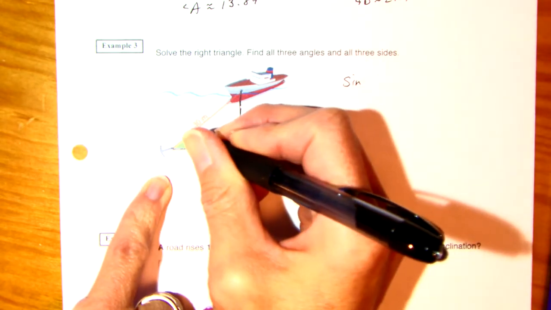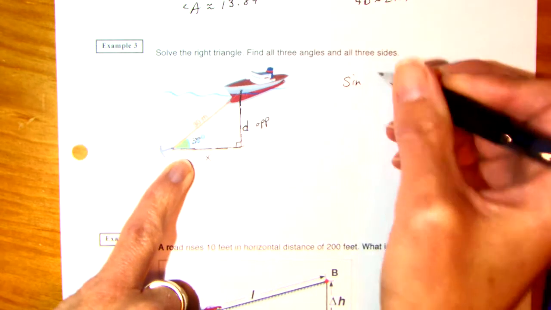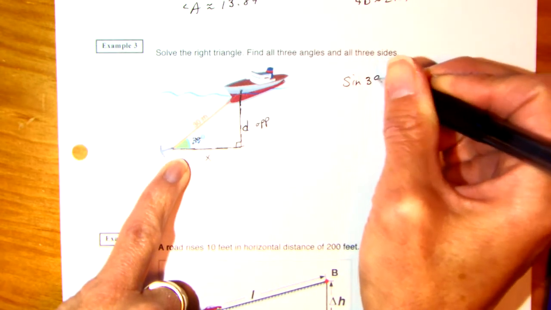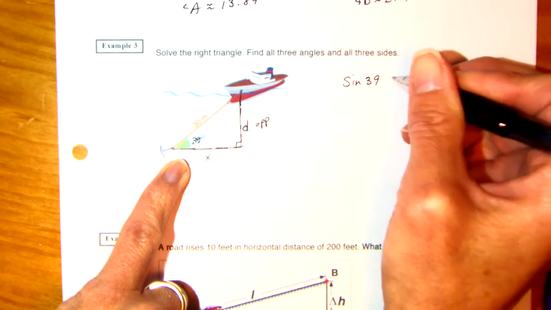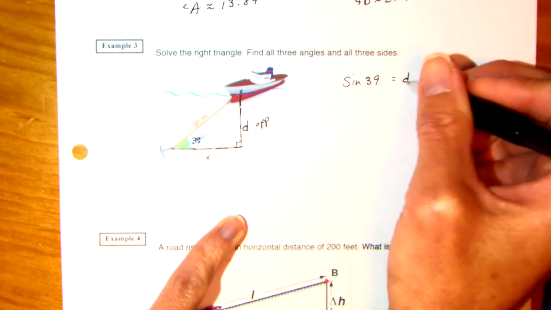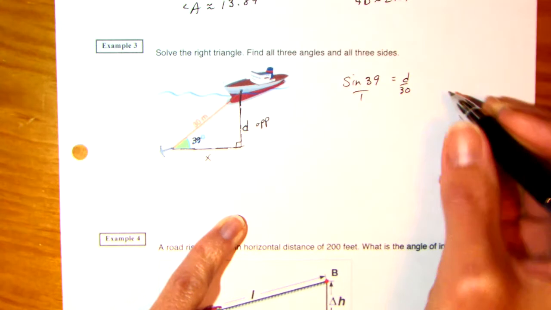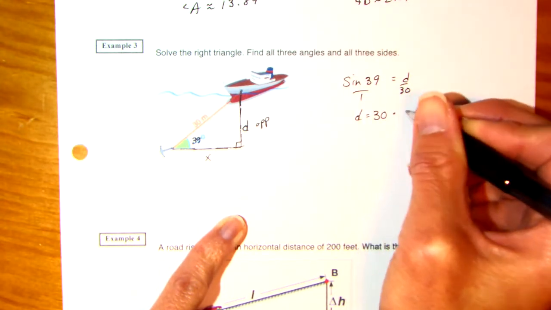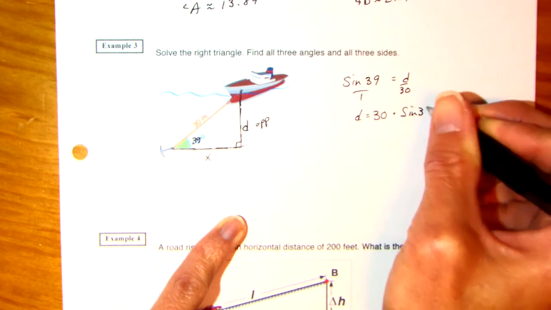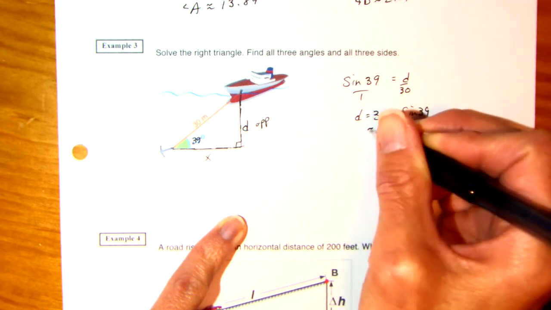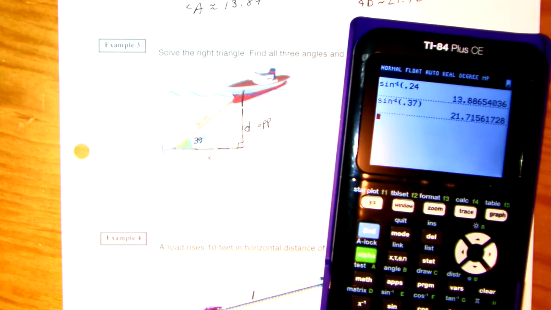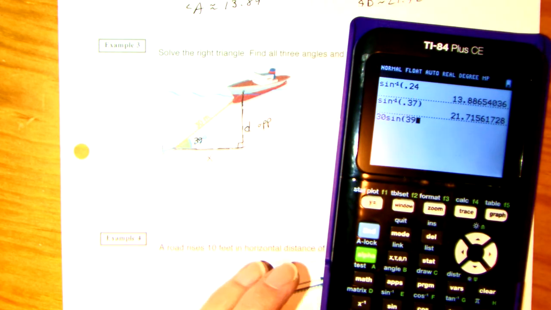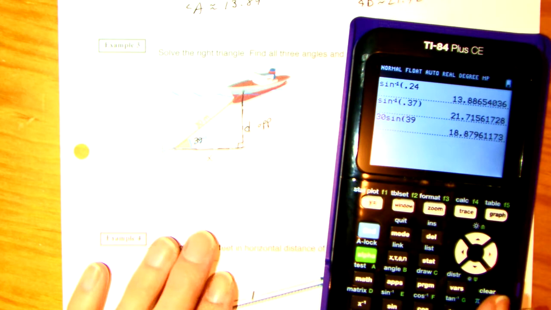Sine of 39 degrees is equal to opposite over hypotenuse, D over 30. Cross multiply, D is equal to 30 times sine of 39, which is about 18.88